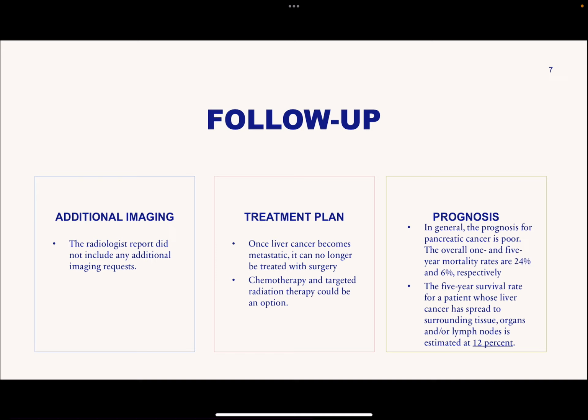Overall, the prognosis for pancreatic cancer is very poor. The 1 and 5 year mortality rates are 24 and 6%, and the 5 year survival rate for a patient whose liver has cancer that has metastasized is an estimated 12%. So this patient had extensive hepatic liver disease, and though his prognosis was poor, he was a